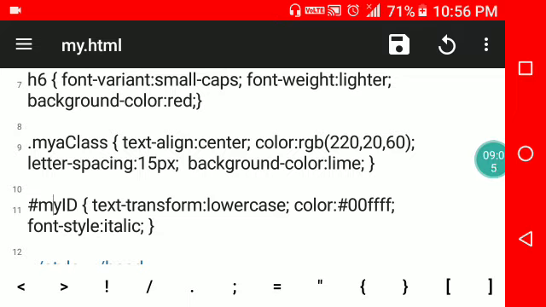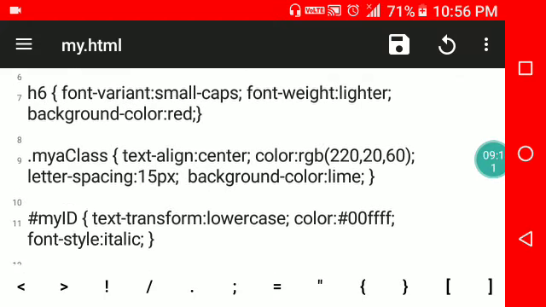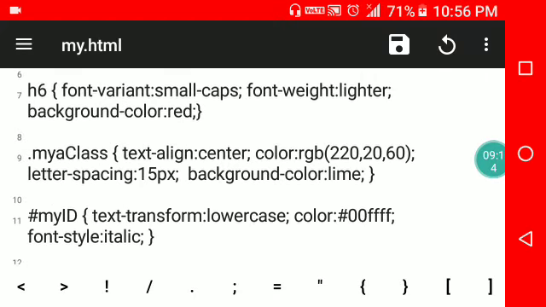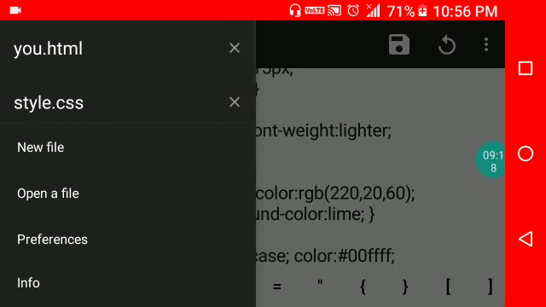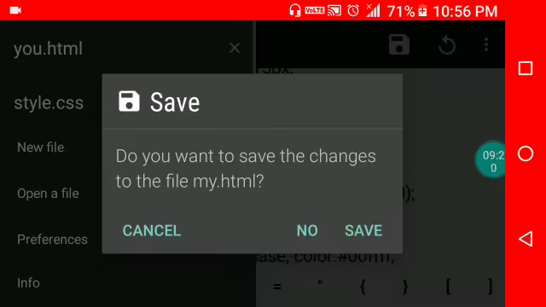So dear students, what will you do in an external style sheet? You have written these four selectors, so you will first write a CSS code. This is the CSS code.